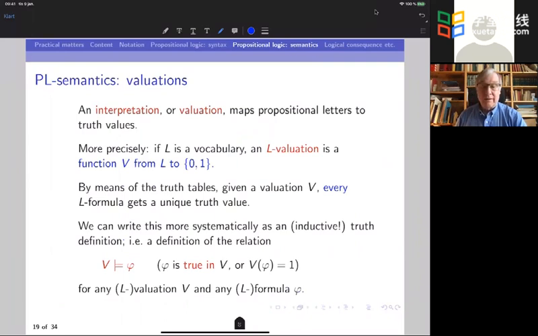But I said we wanted to say precisely under which circumstances a formula of propositional logic is true. Well, that of course depends on the atomic or the sentence letters. So we have to assign a truth value to them, and such an assignment is called an interpretation, or in the case of propositional logic, a valuation. It's a map. It maps propositional letters to truth values. So more precisely, if L is a vocabulary, remember that